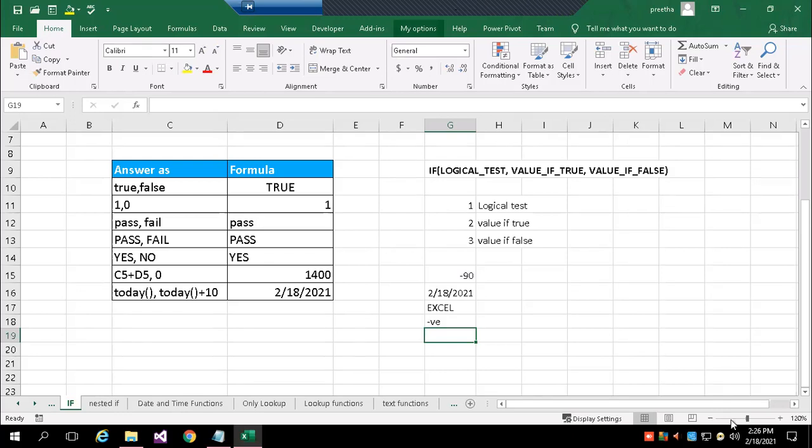Anybody have doubts? Only thing, you people are not asking any doubts. Do you not feel free to ask, or do you feel it is not comfortable to ask your doubts?